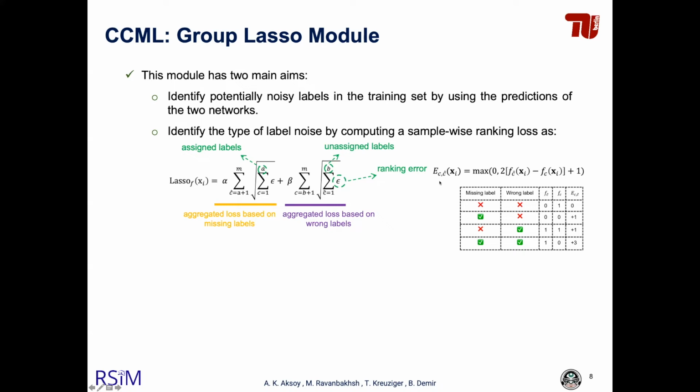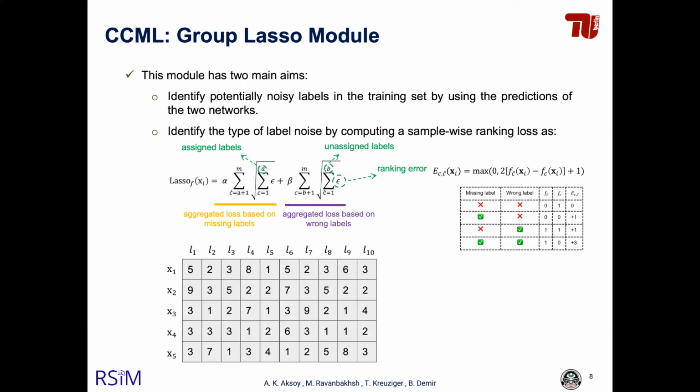In the case of an accurate prediction, the ranking error is equal to 0. Otherwise, the ranking error function returns a positive value, which indicates noise in the label. The ranking loss and ranking error information will be used as input for the later modules. As an example, given a mini batch including 5 samples, the group Lasso module calculates a ranking error for every